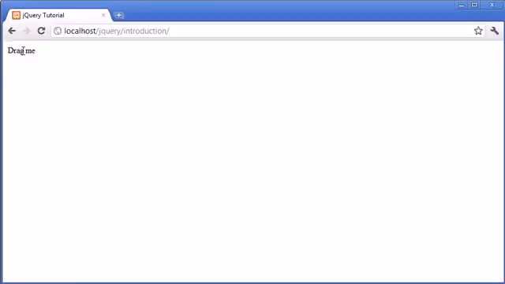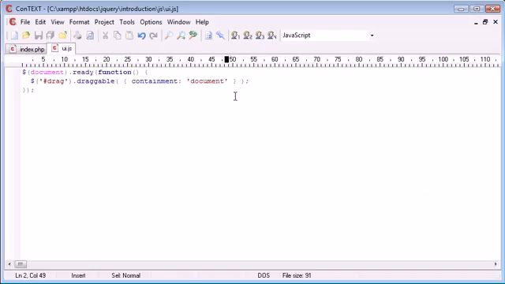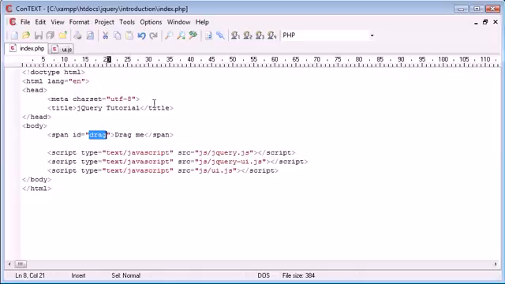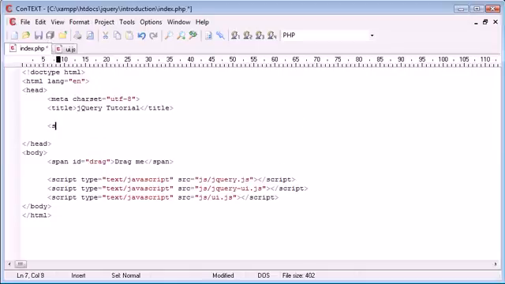Now what's going to happen is we can still drag it around. However, when we get to the edges, you can see that it doesn't actually go beyond the edges because we've contained it to the actual document, and the same with the other side as well. Now the difference to this is that we could actually, inside here, let's say specify a style,